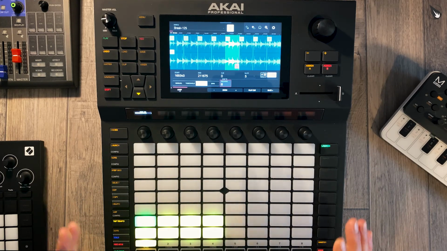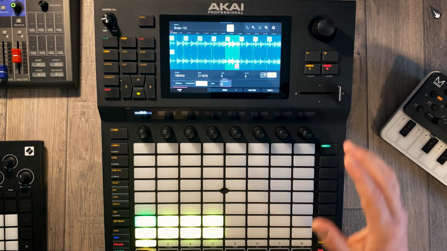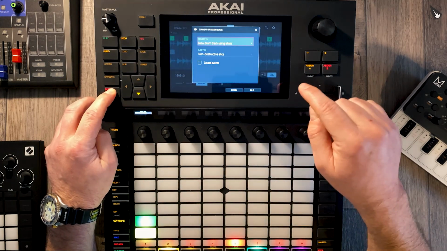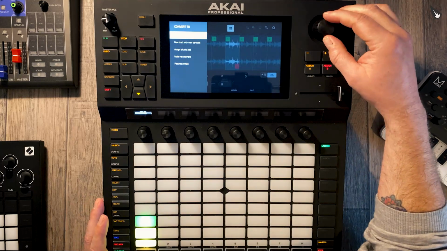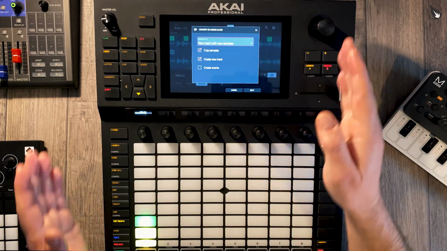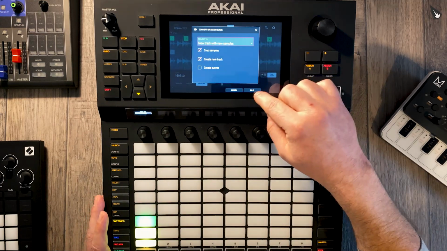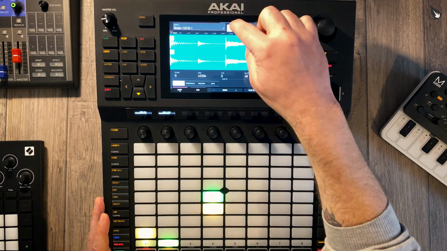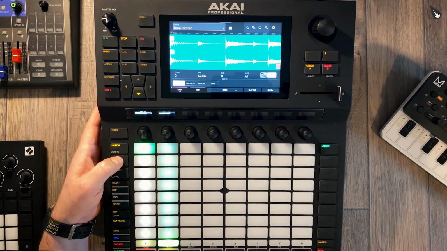So what we're going to do now is convert that into slices so that the slices go into the sample pool. We do that by holding shift and convert, and we're going to go to new track with new samples, and you can see here it's going to crop each of those slices for us and create a new track. We press do it, and now here we've got that track. So if we go into note mode,